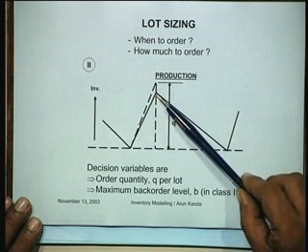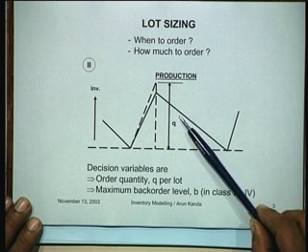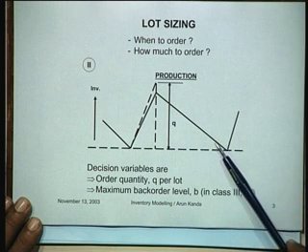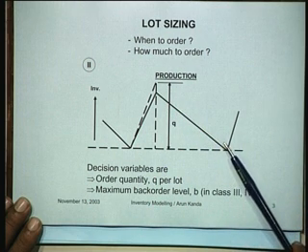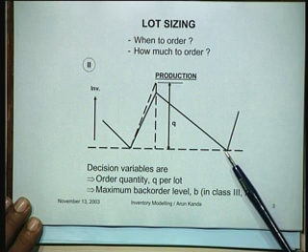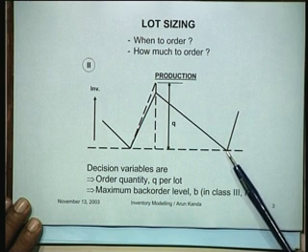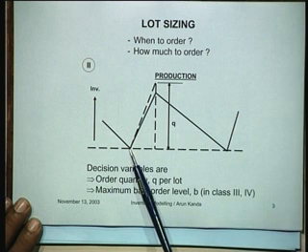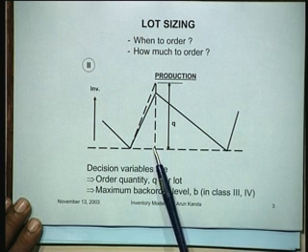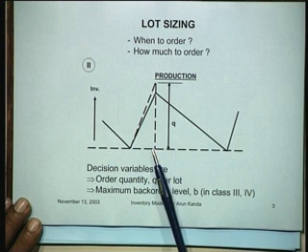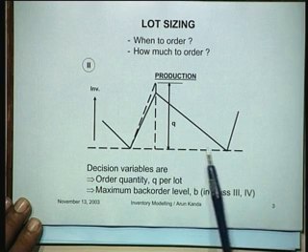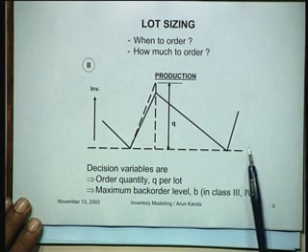And at this point of time we stop producing, and then again there is a gradual depletion in the inventory stock, till at this point you are again encountering a zero inventory level, and then again the process repeats. So this is actually the production of a batch. In batch production, you have this much period of production of a batch, and then you are allowing the items to be consumed, and then again there is batch production and so on.